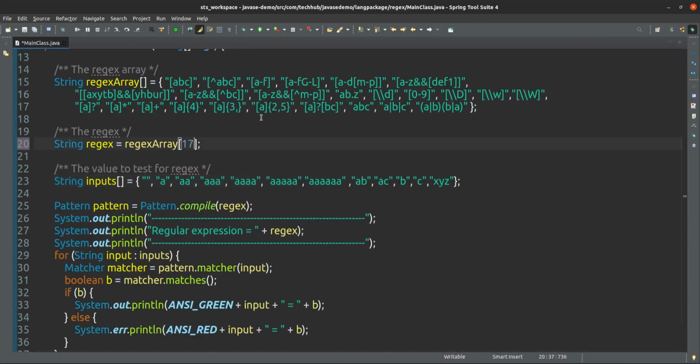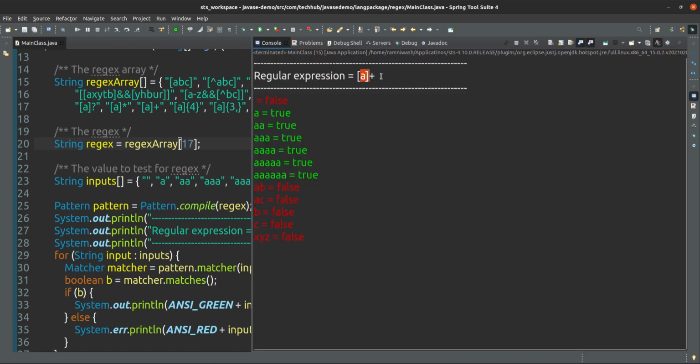So if I use this expression, A plus, you will see that plus represents that A should occur at least one time. Here in this string it is not occurring even one time, so that's why it is failing. But where it is occurring 1 time, 2 times, 3, 4, 5, 6 times, it is passing, and the others are not passing. It is something different.